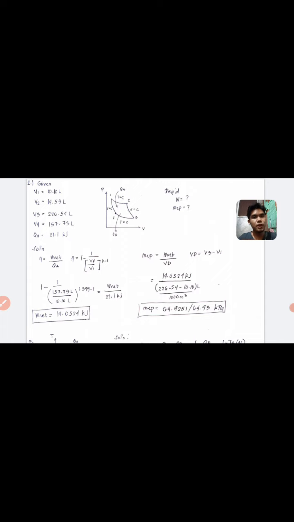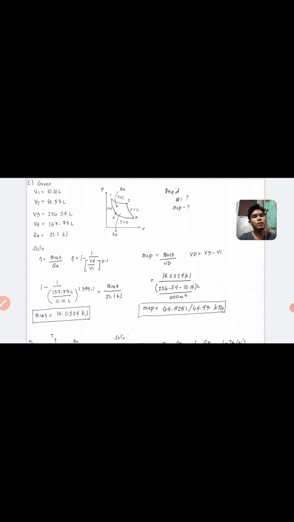Here, as you can see in our PV diagram, the lowest volume is in state 1, and the highest volume is in state 3. So volume displacement is equal to V3 minus V1. So work net all over the volume of displacement, which is V3 minus V1, substituting the value and dividing